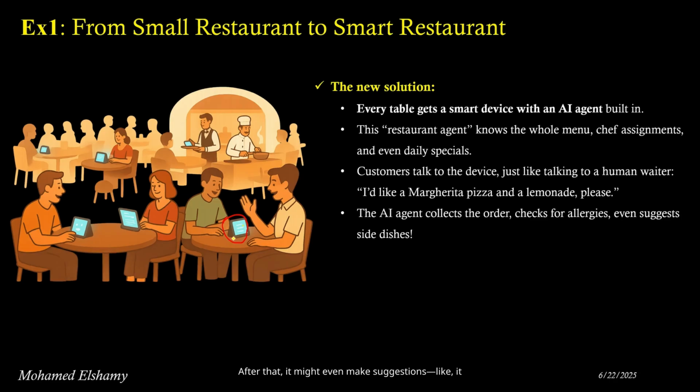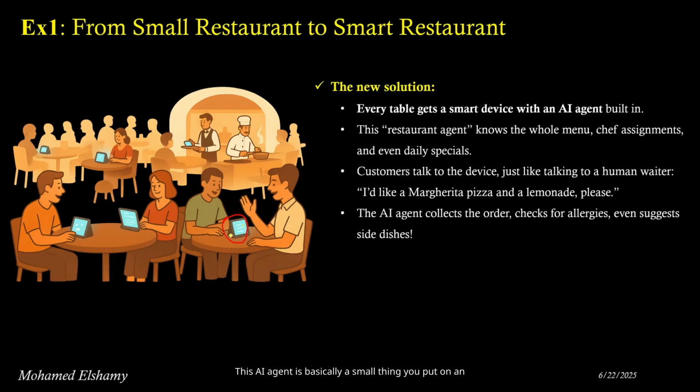After that, it might even make suggestions, like it could say, "Should I get you a salad? Should I get you tahini? Should I get you this or that?" It will suggest things as well, because the current AI can understand information and can speak in human language. That's where the idea of the AI agent came from. The AI agent is basically an artificial intelligence employee, an employee but not a human. It's an employee that operates with artificial intelligence, or can think like a human using AI.